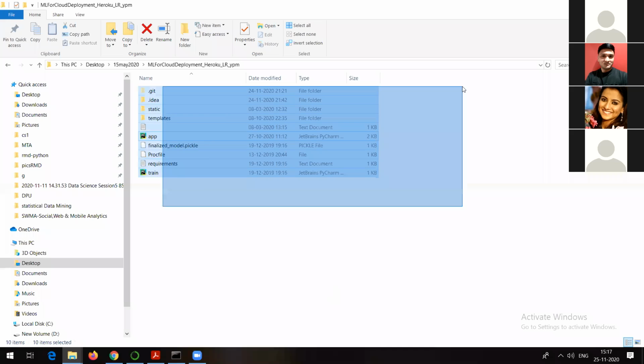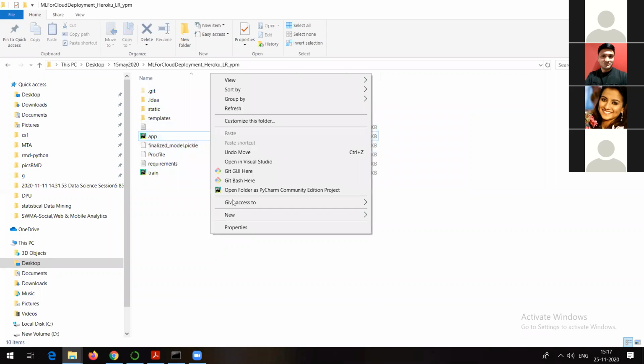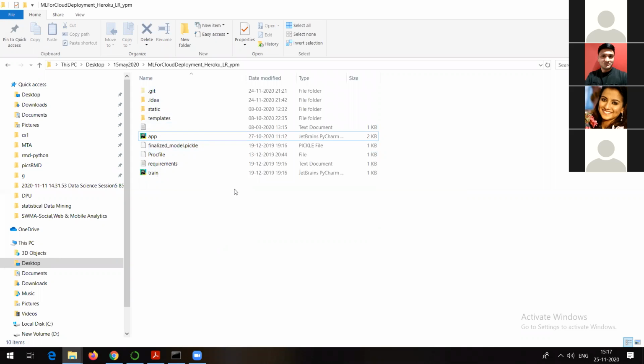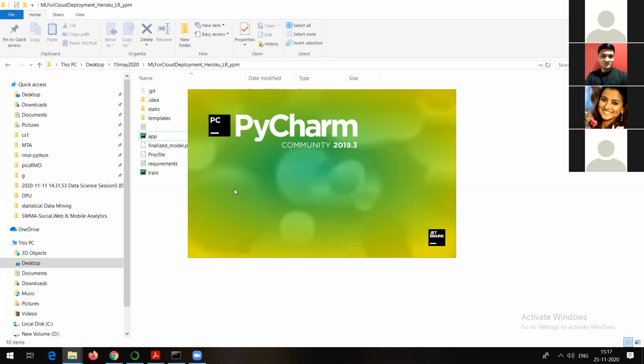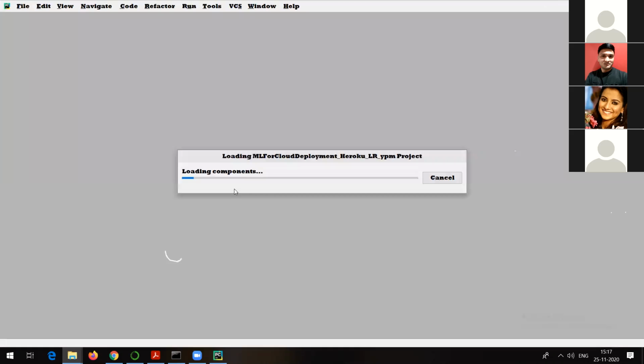If you want to try it out, you just need to follow whatever I am telling. Same thing you need to follow. I will right click and open this complete folder in PyCharm Community Edition. It means I am simply opening all those files in PyCharm. That's it. What is PyCharm? There is also VS Code, which is available, or you can make use of this IDE, PyCharm. But most of the time I prefer PyCharm because there are very good features in PyCharm, right?